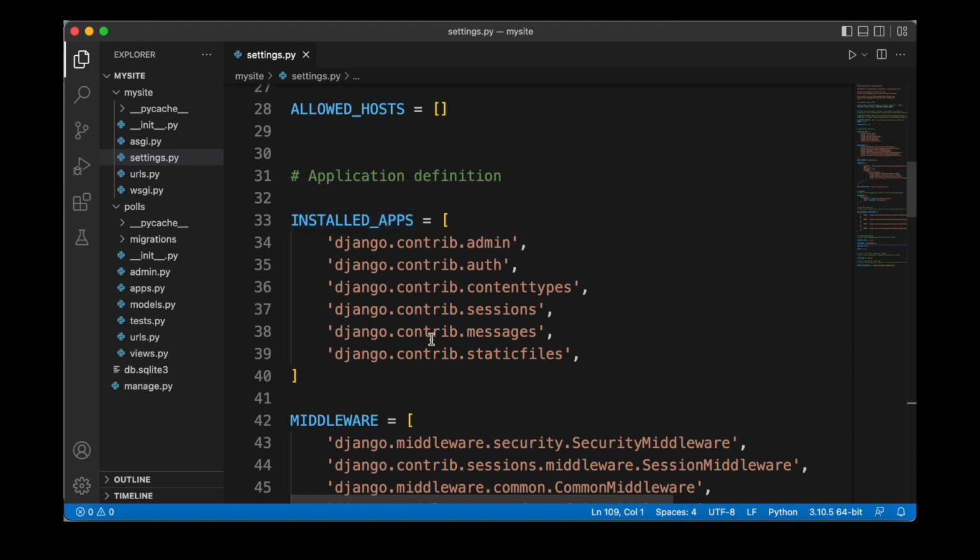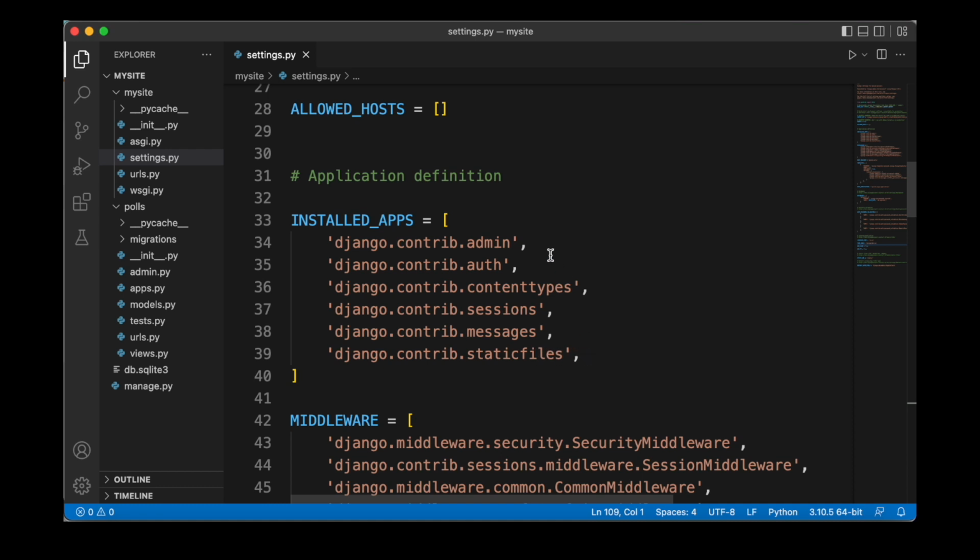And here we have an overview of the different default apps that automatically come with Django. These apps contain functionality that's frequently used when working with Django applications. So first we have the admin site app, and we're going to see what that does in a moment. Basically we can use it to manage the different questions we're going to create for our polls app. Then we have our authentication app, which is used to log in and sign out of our application. We have a framework for content types and also a session framework. And then we can also manage messages with a messages framework. And finally, we have the static files framework, which is used for managing static files such as images or CSS